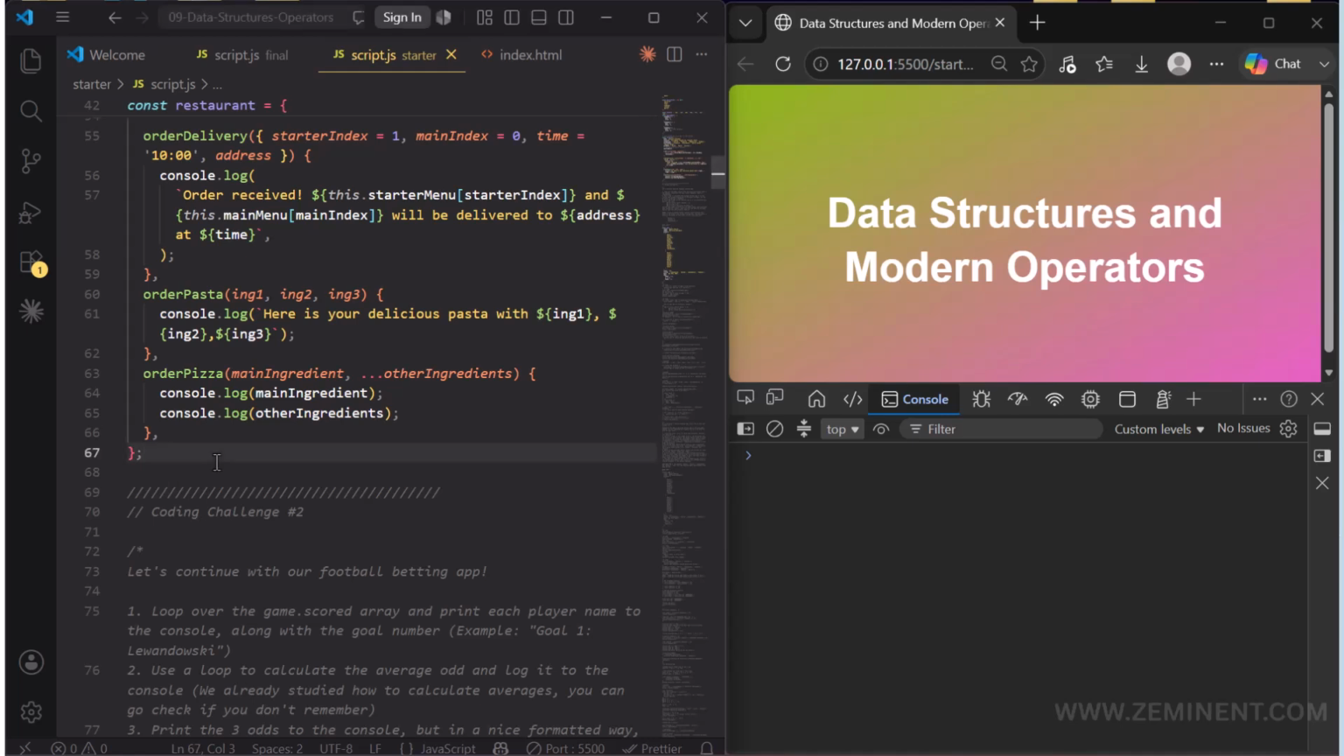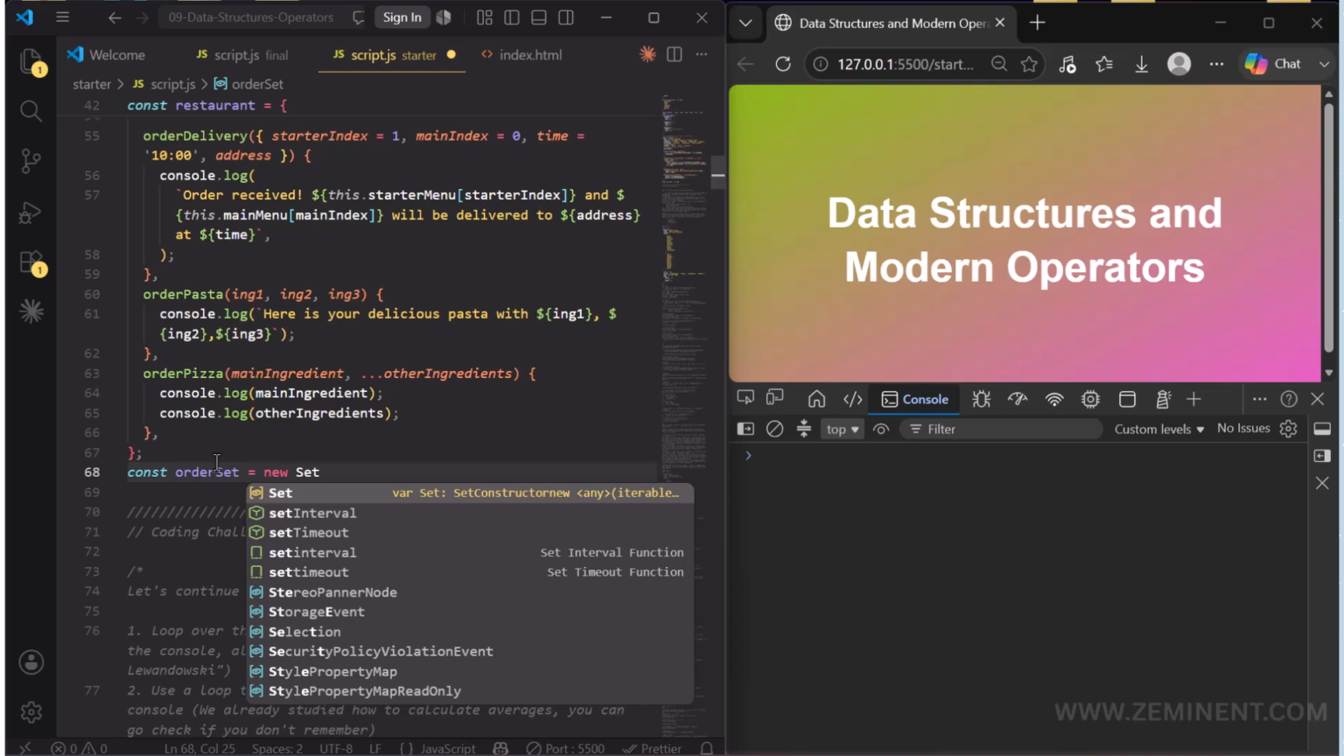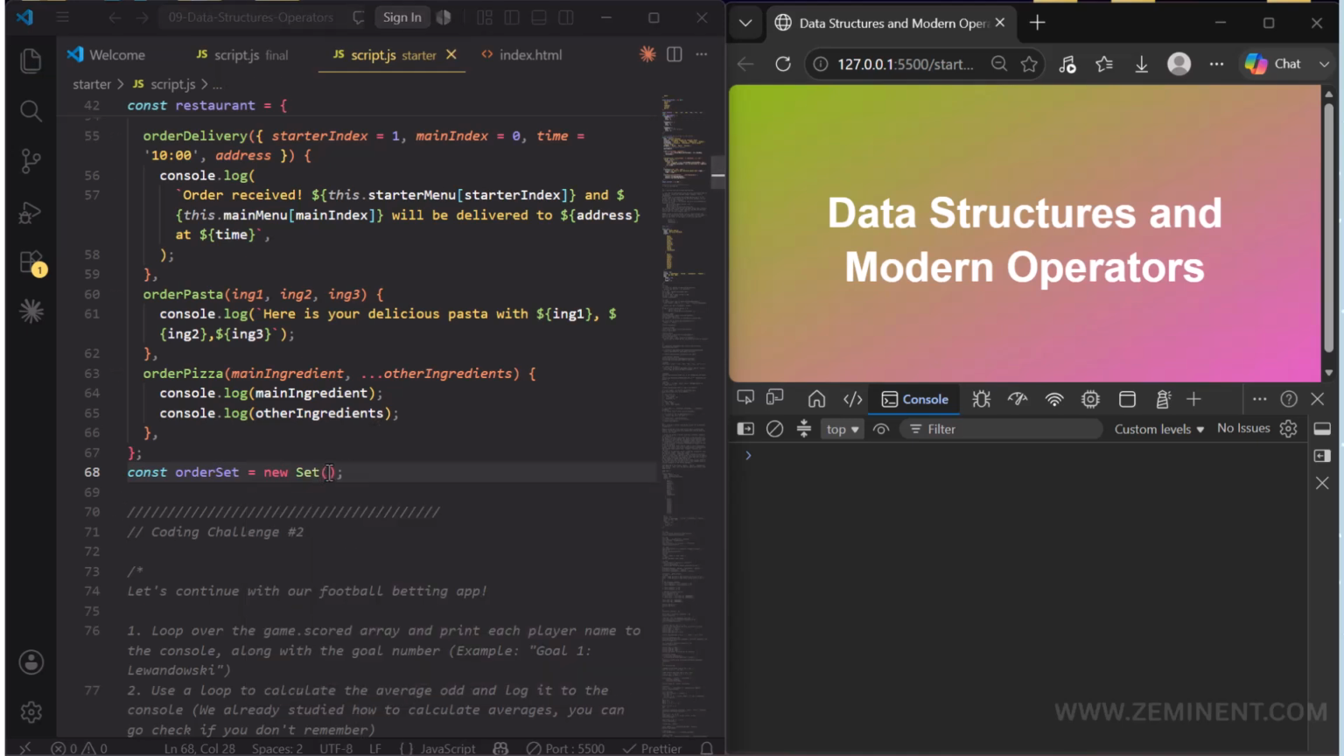Let's write const orderSet, and then that is equal to new Set. Here we need to pass in an iterable, and the most common iterable is an array. So let's write a couple of strings: pasta, and then pizza, and then risotto,